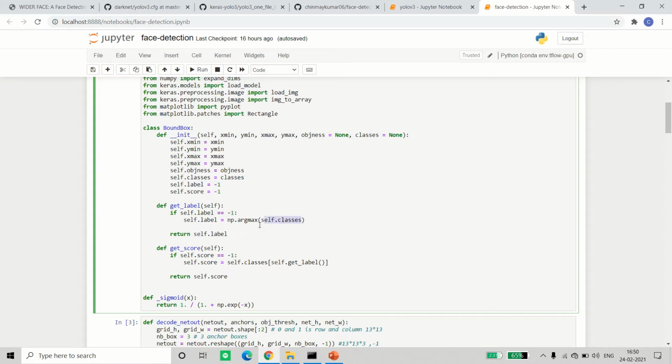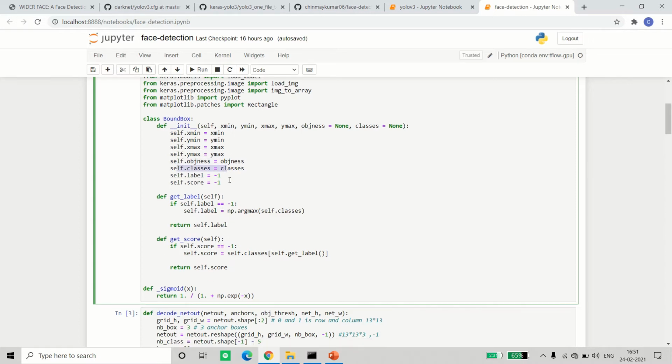Here it doesn't matter because argmax is not needed, as it will be one single vector, because I have only one class. So the label will always be 0, that is a face, and if it was 2 then it will be the maximum argument wherever the score is. So the objectness score and classes are the same in this code, you have to make sure.